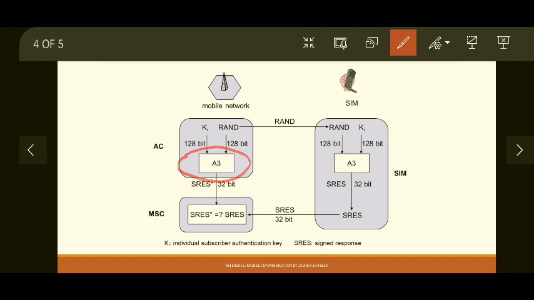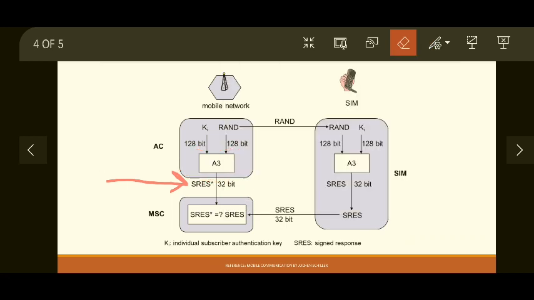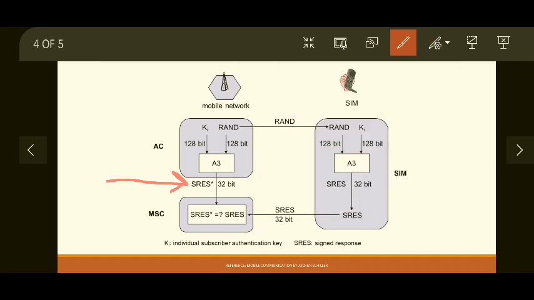The A3 algorithm is available on the internet, you can refer to that. Once A3 accepts the KI and random number, it calculates a signed response as output. The signed response is calculated at the network end, and also at the SIM card end by the user. Both these signed responses are of 32 bits.